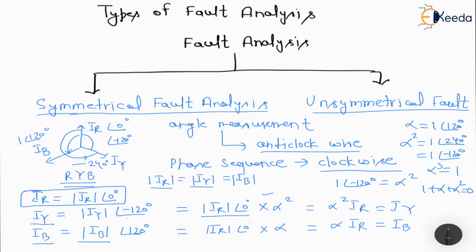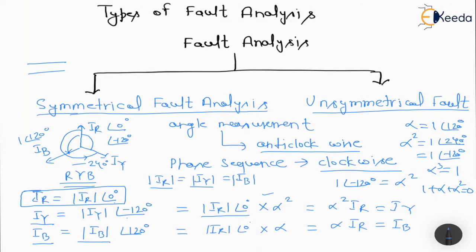So this is why when we design the generator, that generator has to be symmetrical, so that calculation can be minimized. But it is not necessary always. If we are studying the fault condition, then it will depend on the nature of which kind of fault is coming. If a symmetrical fault is coming, let us understand with one example.